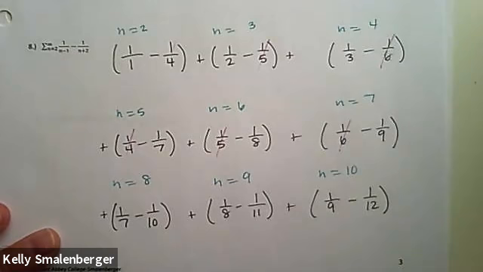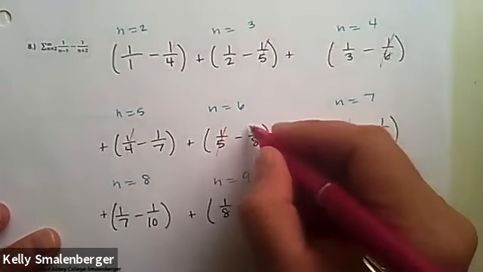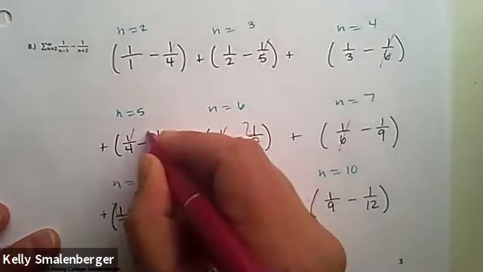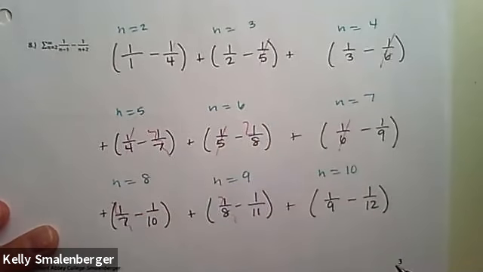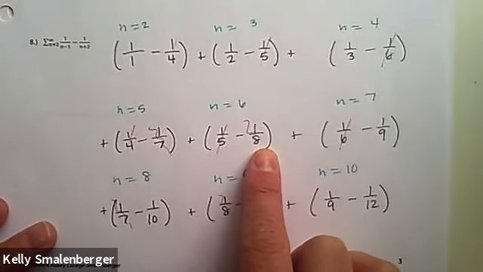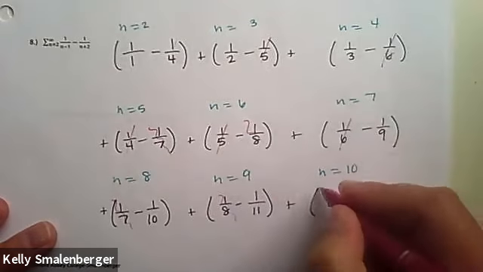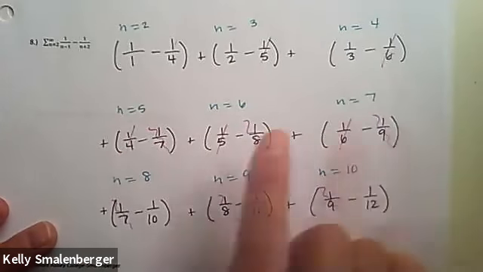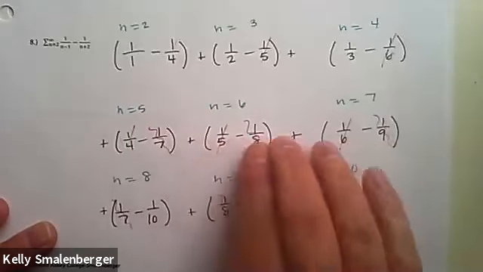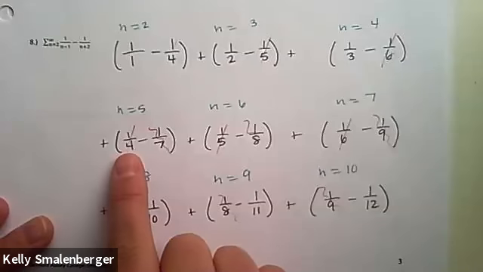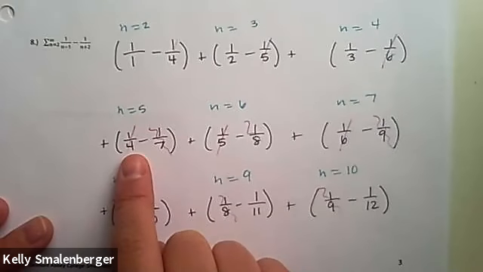All right, let's keep looking. 1 over 8, 1 over 8 cancels. 1 over 7, 1 over 7 cancels. All right, so see here, I've gotten this whole term cancels, this whole term cancels, right? So once I get a whole term cancels, all subsequent terms will cancel as you continue to write out the terms, right? So when n equals 5, I got that whole term cancels,